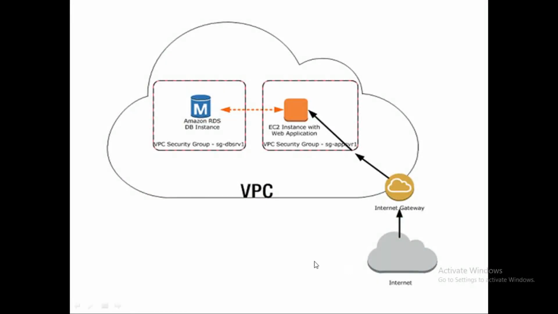So let us describe this figure. Let us assume that this is our VPC. It contains one database, RDS, Relational Database Service, and an EC2 instance. Through the EC2 instance we are connecting to RDS. Here two security groups are maintained: one is the database server security group, one is the web server security group, and through the internet gateway we can connect the VPC